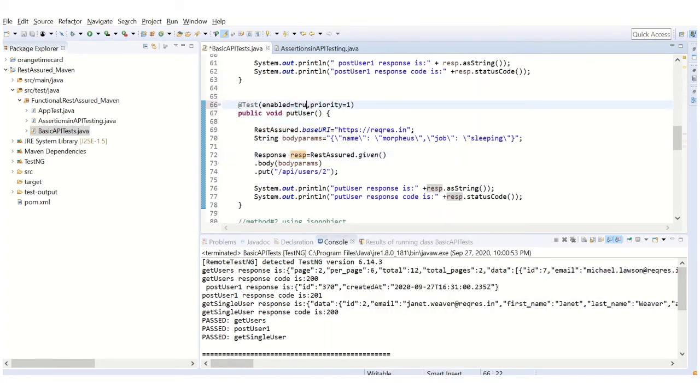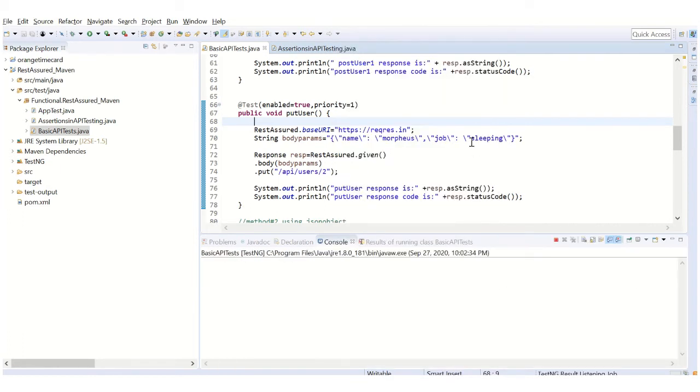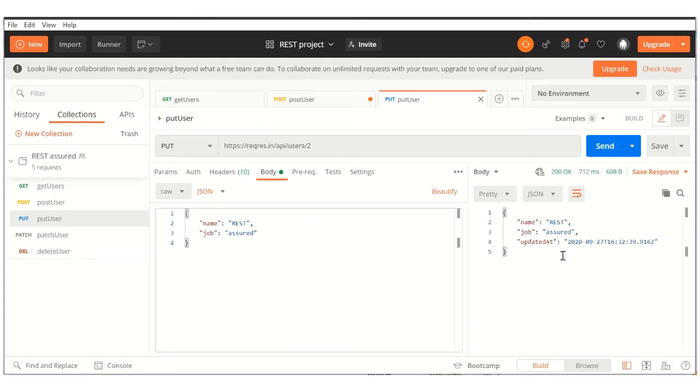This is true. So since we have given priority as 1 for this one, it should run first. Okay, here let me run this one. So put user, so it has updated the record.